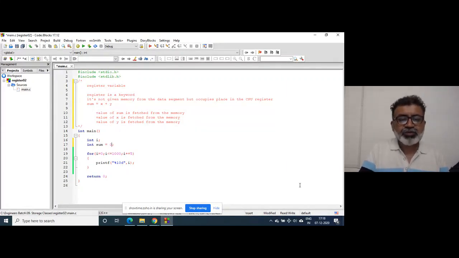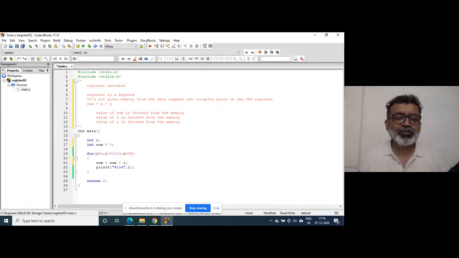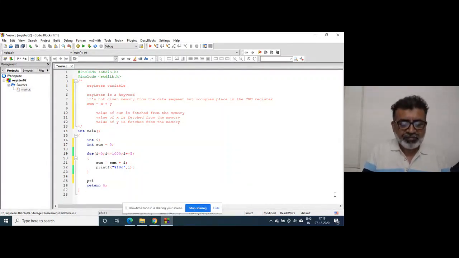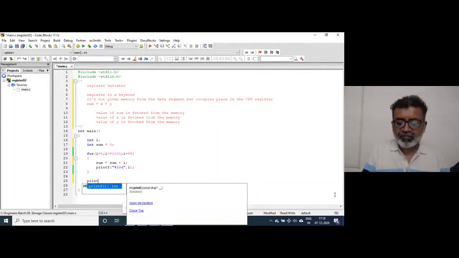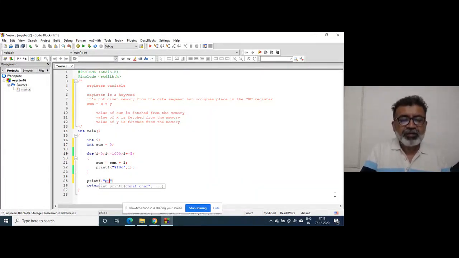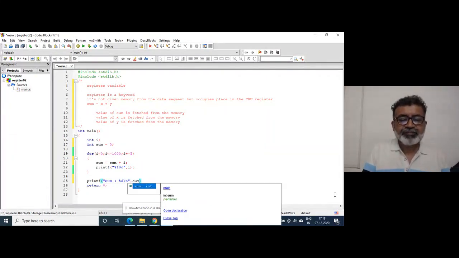Sum is equal to 0, and then sum is equal to sum plus i. Sum is equal to sum plus i, and at the end I'm printing the sum of all numbers.